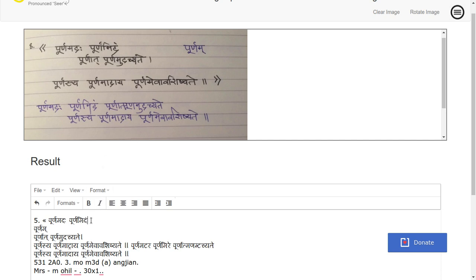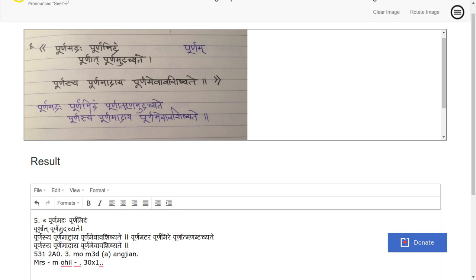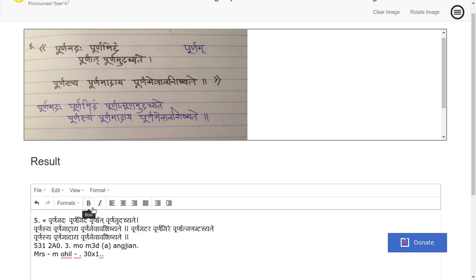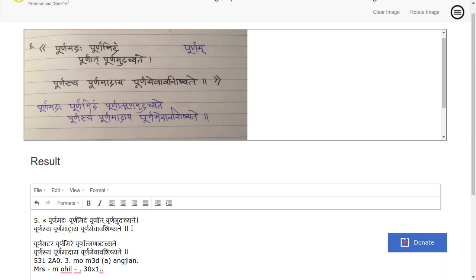Looking at the image, we can edit here. This image contains a Purnam word separately here, and that has been converted rightly, but I don't want that, so I can delete that. Purnat Purnamudachyate, that has been converted rightly. And Purnasya Purnamadaya was confused with Purnam Atraya, that I can edit.